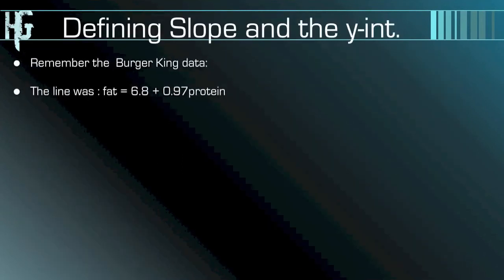Let's go back to that Burger King data. The line for that particular set of data, if you've actually read through the yellow book in chapter 8, it uses the Burger King example to begin that chapter with, and you can actually write down the data. I think the data is actually in one of the questions from the last chapter that I gave out. This particular line